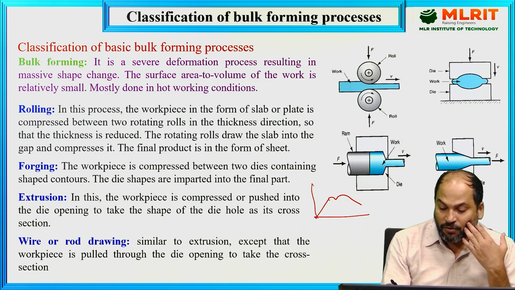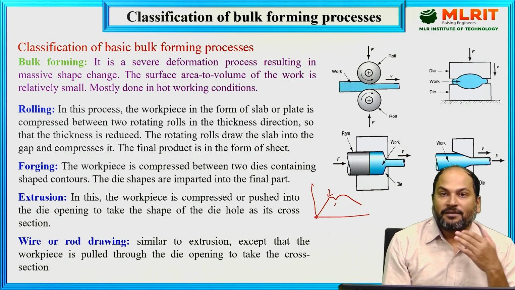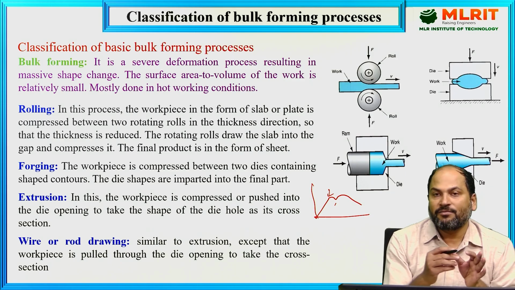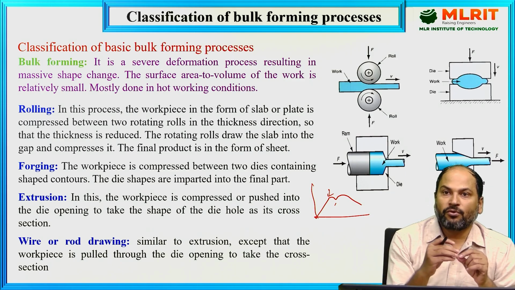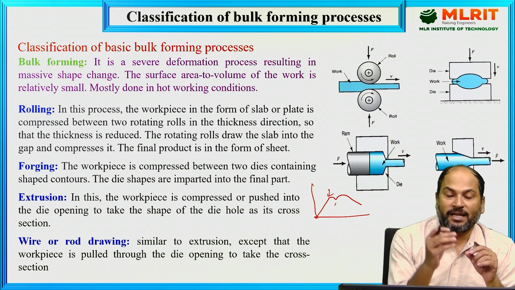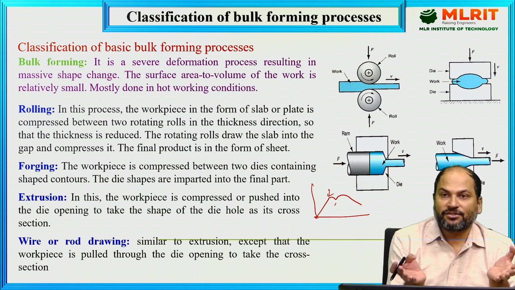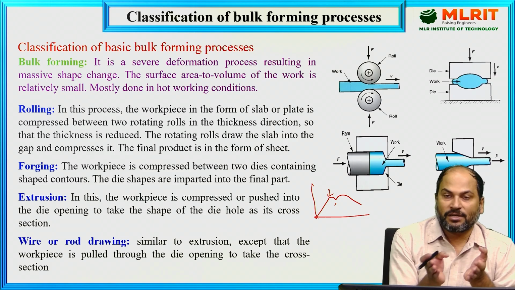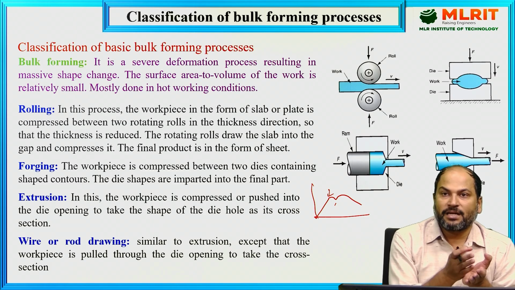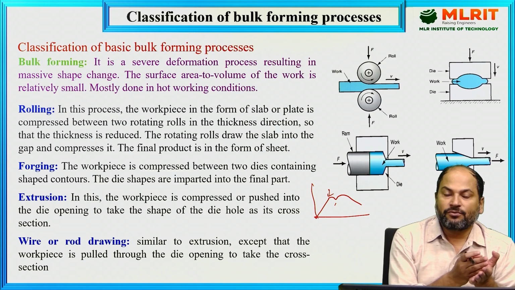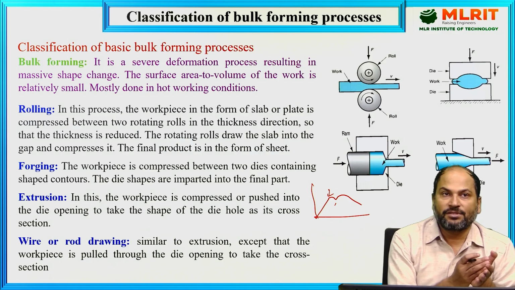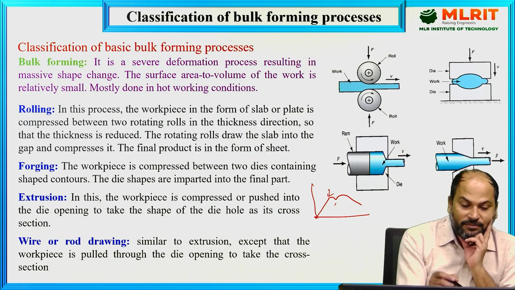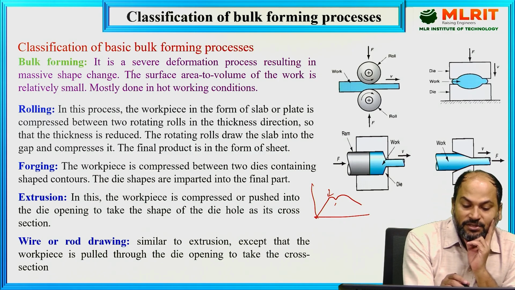So we know once yielding will start, this is the upper yield, this is the lower yield. After that, the material is not going to come back to its original state. Always there will be a permanent deformation once the load exceeds the yield strength of the material. And as we are going to change the shape of the material, obviously there will be permanent deformation. So whatever the load or the stress we are applying on the material, it should exceed the yield strength of the material. Okay. So in bulk deformation, there will be severe deformation,